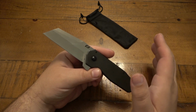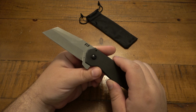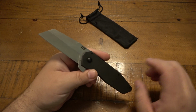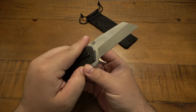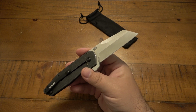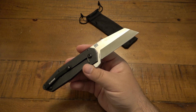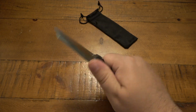If this was made in China and not made in America, I probably wouldn't be as excited about it. The discomfort would definitely be more prevalent. It's almost like it's getting a slight pass because of that Schrade American flag on the back. The Made in the USA thing has such an emotional response for me as an American, and I'm so excited to see an American-made knife. It's like putting blinders on me. If you said this is a Chinese knife, I wouldn't be as excited about it,